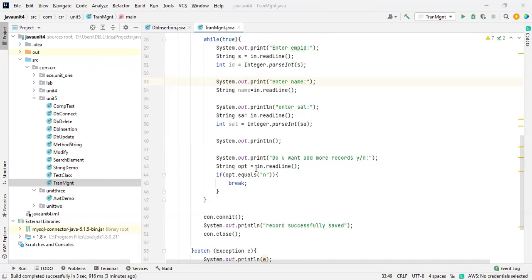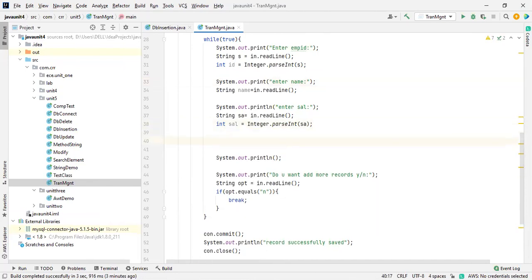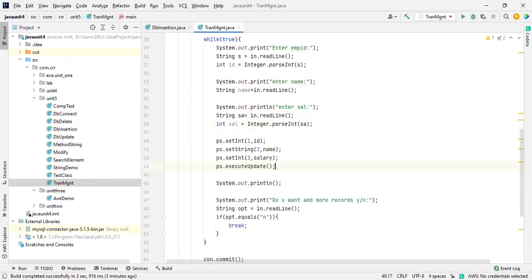So I will set that one. Wait a second. I need to take a prepared statement over here. I forgot to tell you about that. So the prepared statement, we are going to set after the completion of this. I have to execute the data.